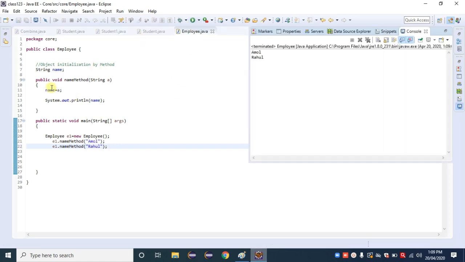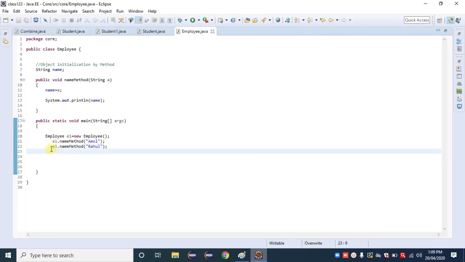So it is a reusable method. We declare the parameter only one time. There is only one method available, and we just initialize by using the method here. If we have 1000 data, we simply pass that value inside it. We can use the same object or we can create another object also.